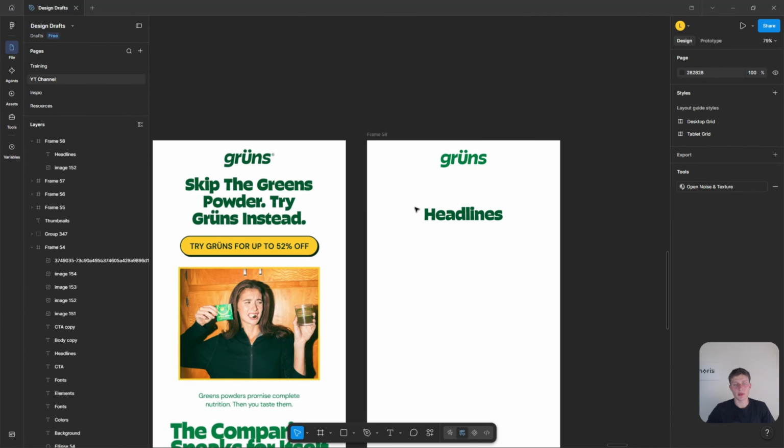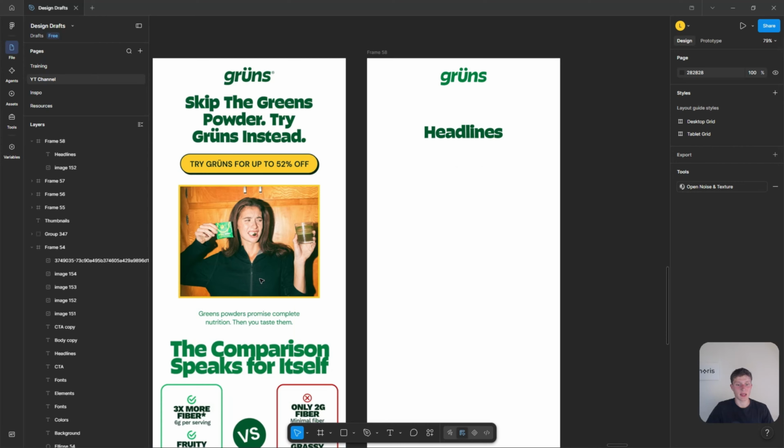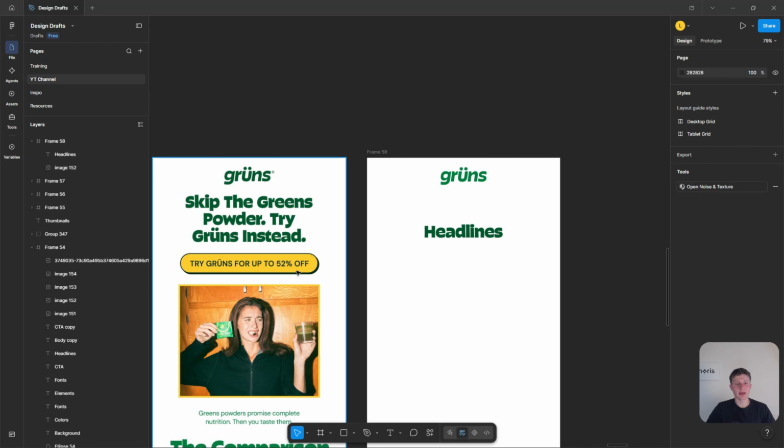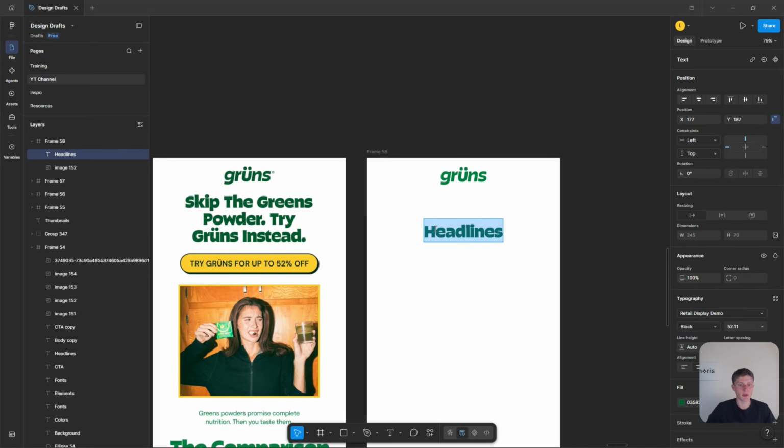And of course, when you plan out the email, and you wouldn't have this exact email that you were to redesign, I recommend you simply specify the copy and the call to actions and the position of all those elements before actually designing the email. So this copy right here, skip the greens powder, try greens instead. You definitely want to prepare it before you actually write the email, because otherwise you would sit right here and be like, what copy should I use? What copy even works? And then you're sitting here for 20 minutes and you barely designed the hero section. And that's where designing emails really feels like a burden. So let's just type in skip the greens